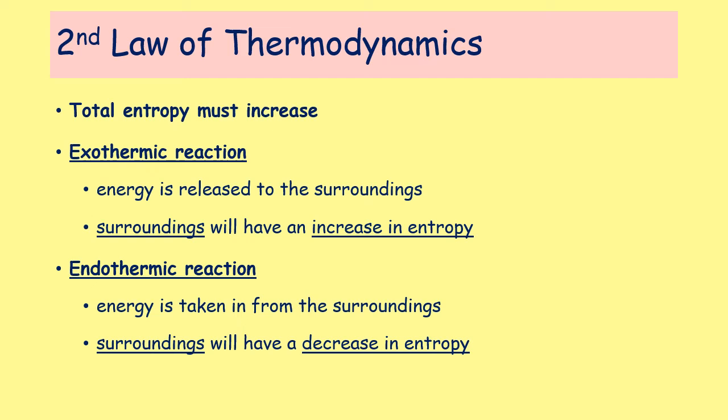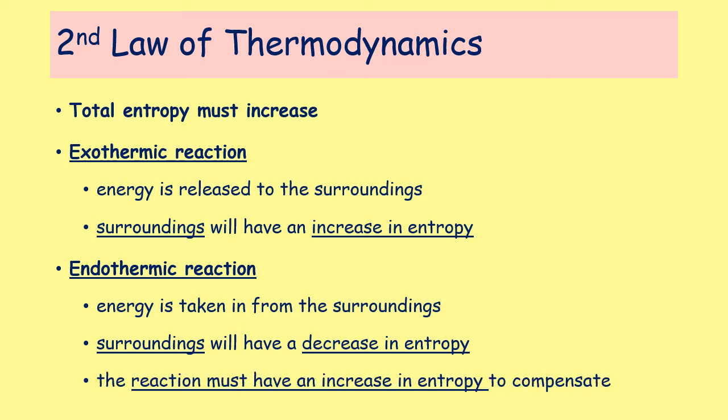So there's got to be something compensating for that decrease in entropy. And it means that the reaction must have an increase in entropy. So if you're an endothermic reaction, which is causing the surroundings to cool down and decrease in entropy, you must be experiencing an increase in entropy